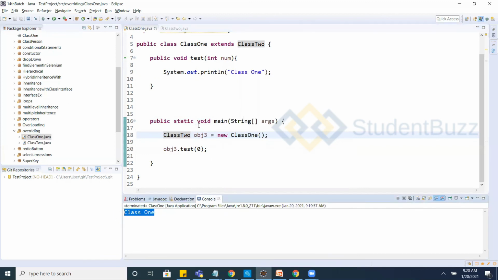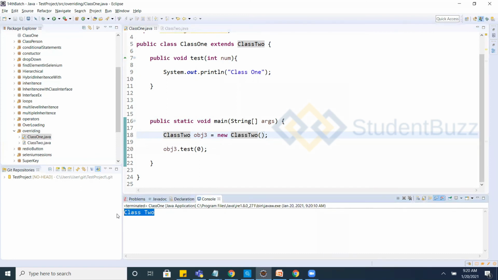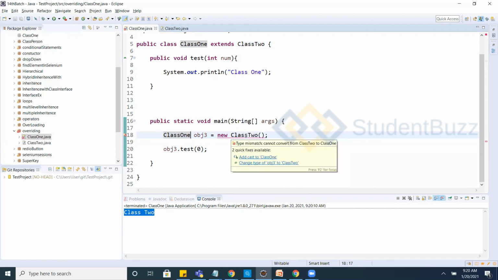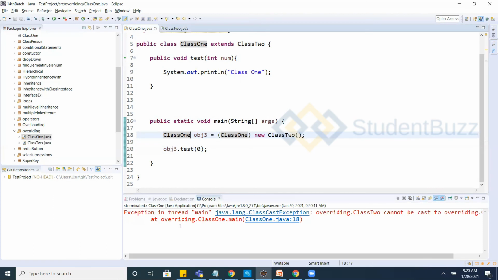Unless you have created an object of class 2, you cannot call the parent class method. If you try to create a class 2 object and store it into this reference of class 1, it will not allow you to do that. You are casting it again into class 1. It's not allowing you.